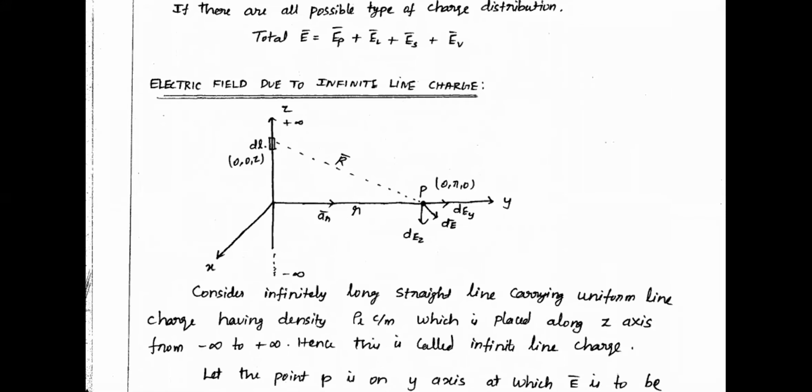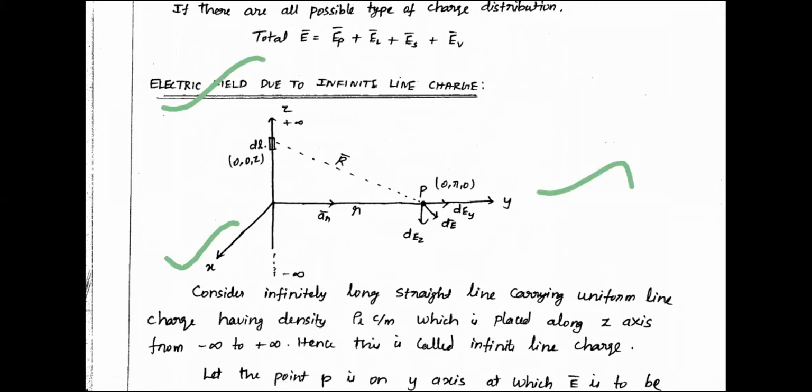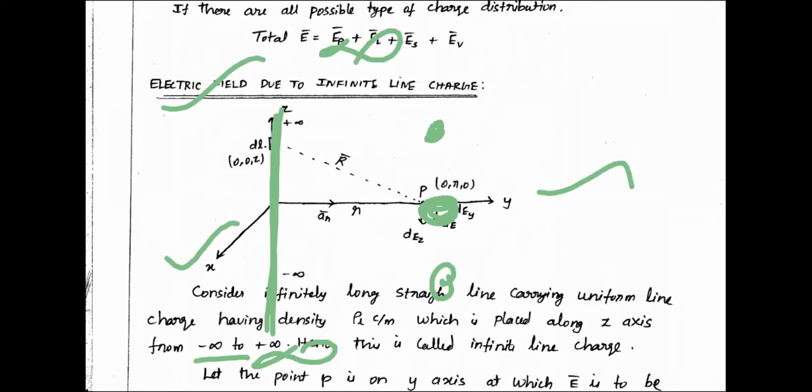Okay, so here this is my x-axis, this is my y-axis, this is my z-axis. Here clearly they are putting their line charge along the z-axis. At a random point, they have to measure what the electric field is. And please remember, you can take the point anywhere. The main reason is your line goes from minus infinity to plus infinity. It does not matter, you can take it anywhere.